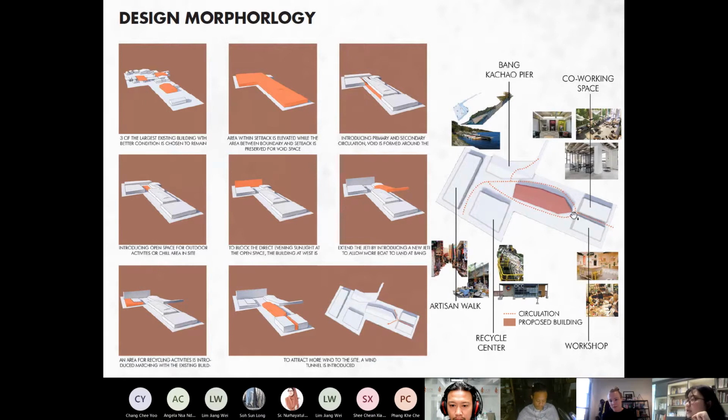So this red proposed building focuses on the upcycling program which I proposed before. The two buildings behind are more like a co-working space or workshop where people can take the textile that I have made in my proposed building so they can make their clothes or costumes there. And in the end, there is a sale or exhibition of artisan work.